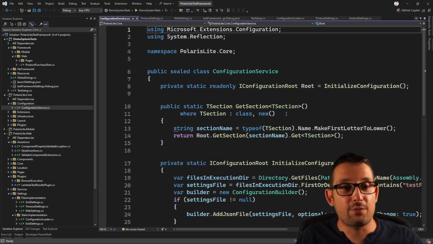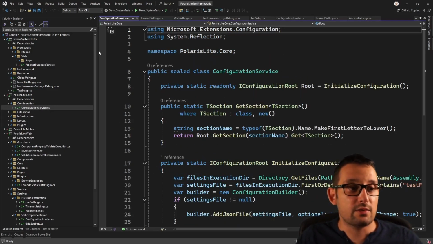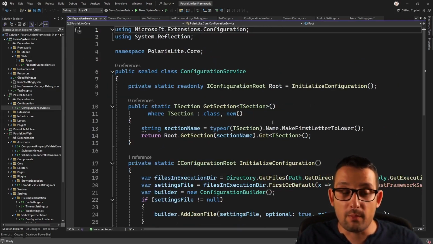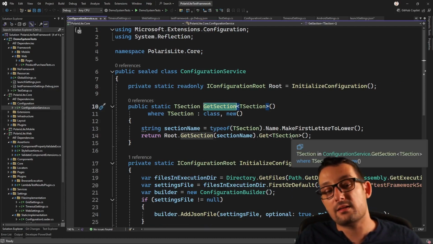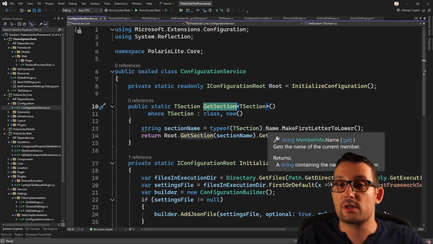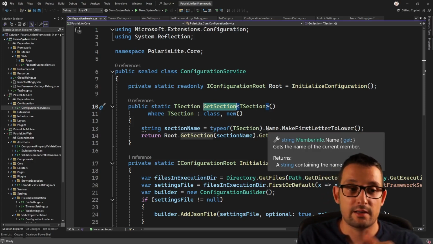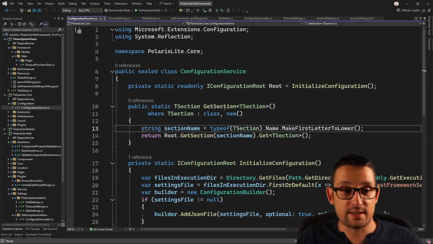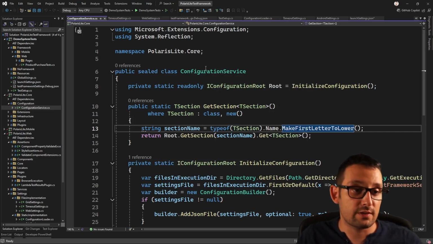This is the configuration service. This configuration service is responsible for reading the configuration file, and after that deserializing a particular JSON section and converting it back to these option classes. For example, here I can say configuration service